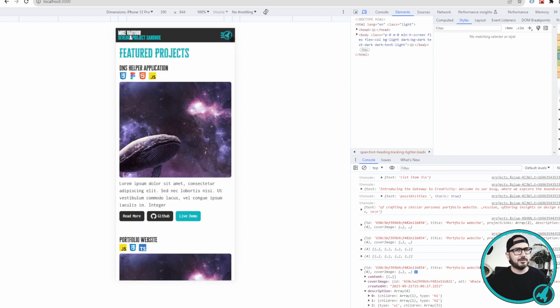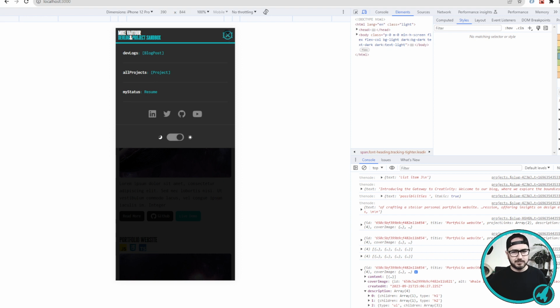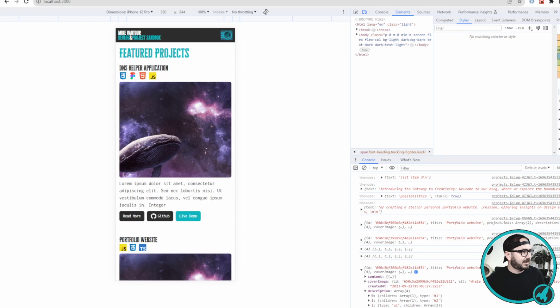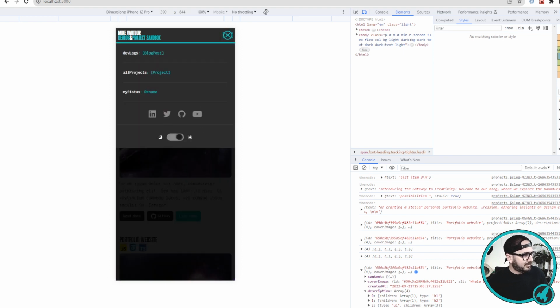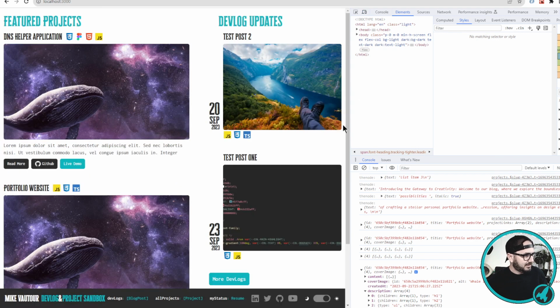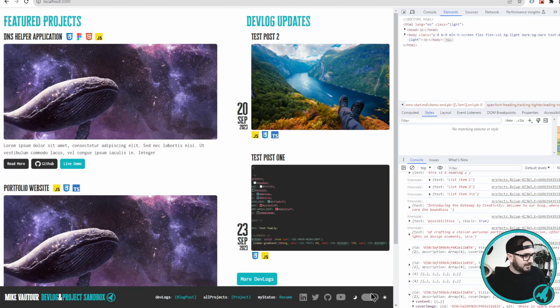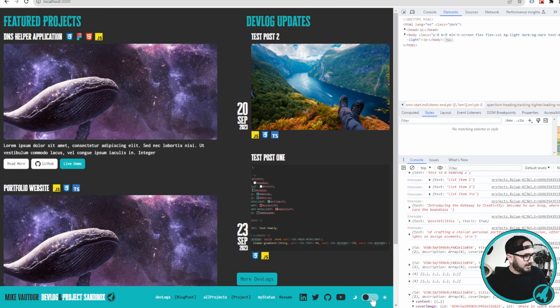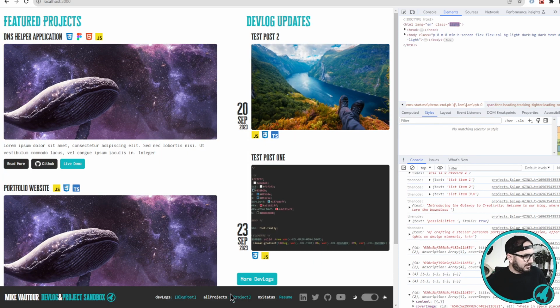So I'm still looking into some ideas on how to do that. I'm thinking like a Lottie file, or just do it in After Effects, but we'll figure that out later. If anybody's got some ideas on how to do that, that'd be awesome. So yeah, we've got a light and dark mode. It's probably better to show on the desktop version. So it's got a light and dark mode, and the links are done,